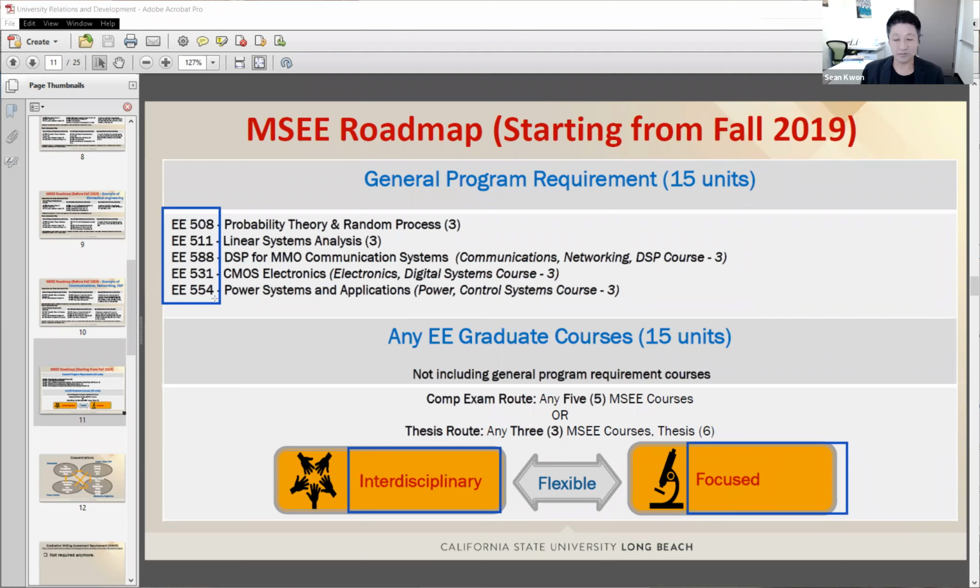If you want to have some broad knowledge, for instance, electronic circuit design, embedded system, for communications, you can take some classes in electronics, embedded system, and communications, maybe DSP, etc. On the other hand, if you have been working in the company and it is very straightforward for your interest and your future work, you may focus your effort on several classes in one emphasis, like DSP, power, electronics, for instance.